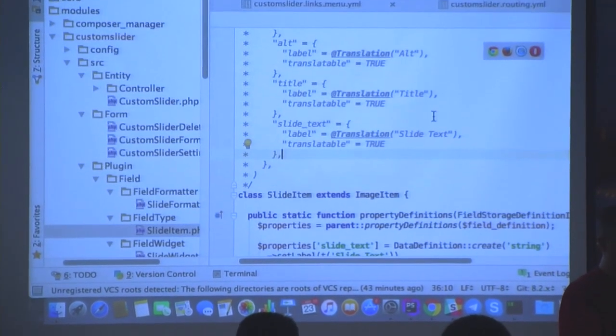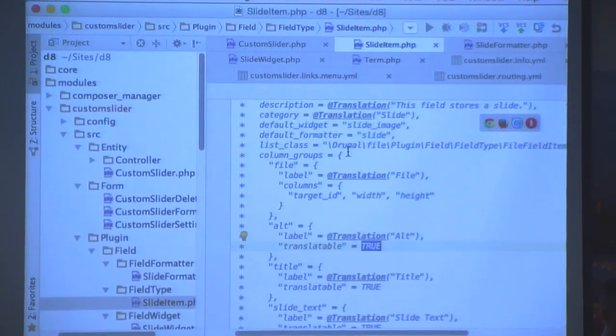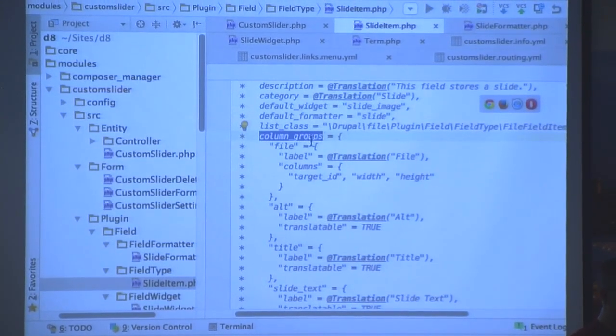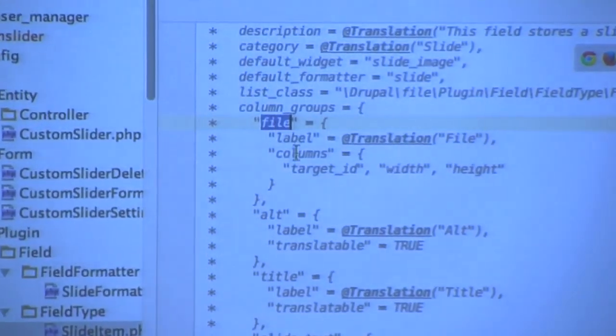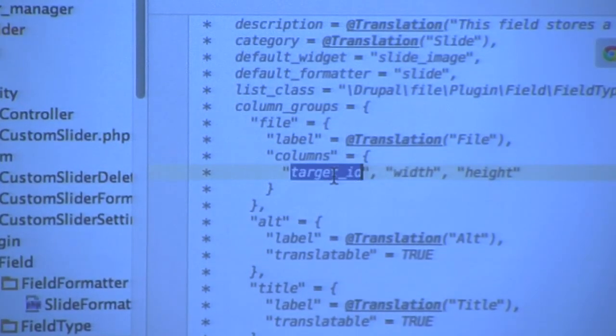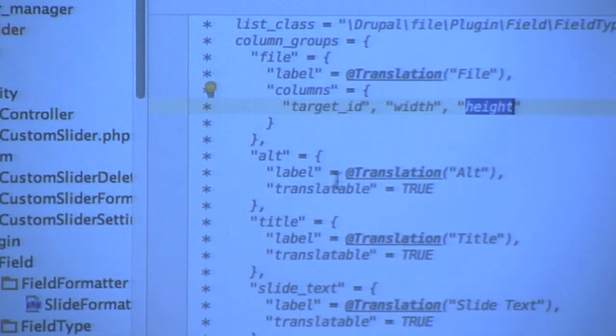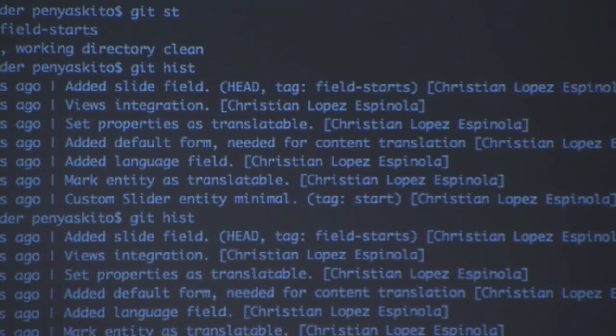So it's the same as before. We only have to define that in the annotation, with a property which is called column groups, and then you have your file, which has its own columns: the target ID, the ID of the file, the file is an entity itself, the width of the image, and the height. And there you can say which attributes will be translatable by default. So you say that the alternative text is translatable, the title is translatable, and the slide text is translatable. And that's it. If you clear your cache now,